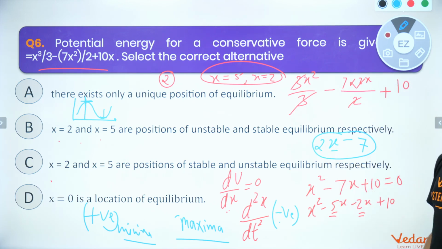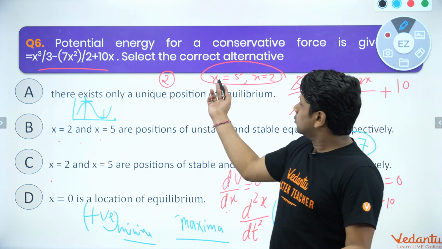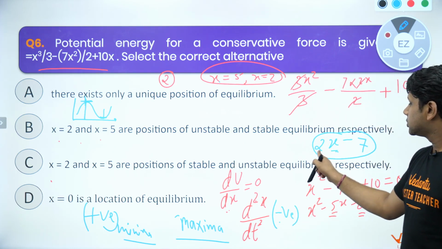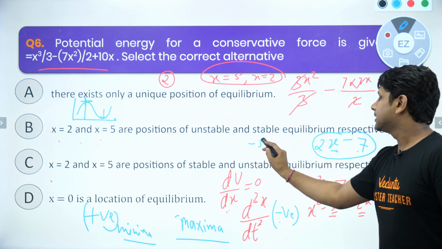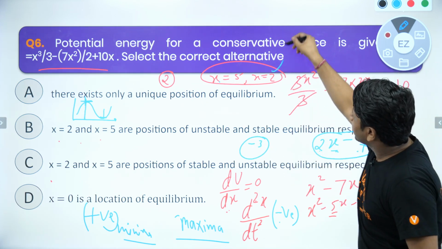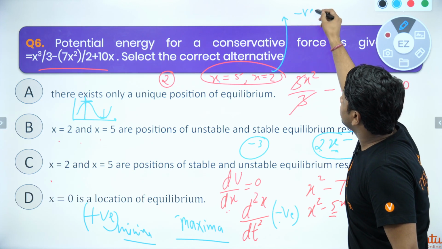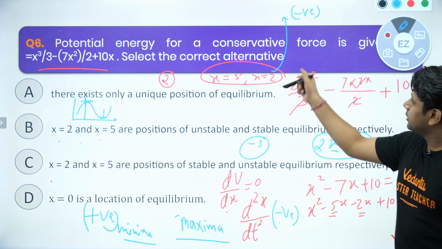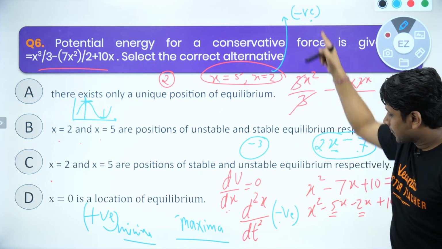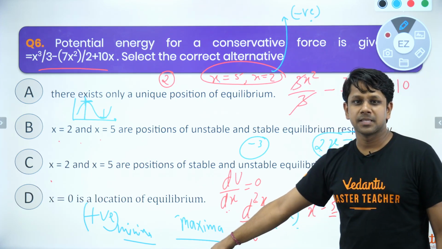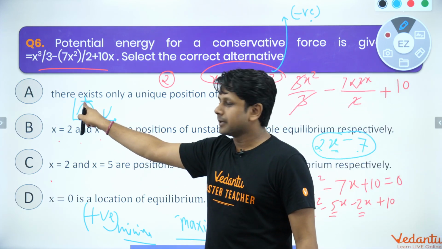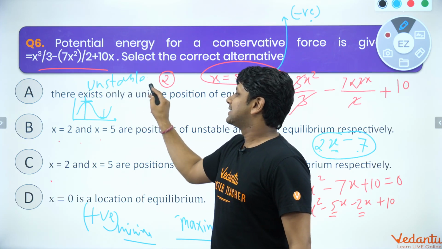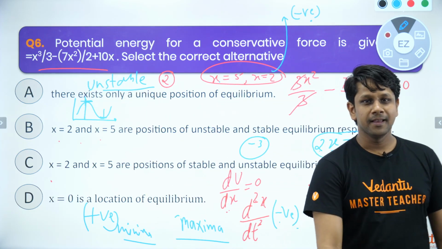यहां पे 2 रखो आप, बिकॉज 2 सॉल्यूशंस आर गिवन, 2 and 5। फर्स्ट यू पुट x इक्वल टू 2, व्हाट डू यू गेट? 2 2s are 4 minus 7 -3 आ गया, मतलब 2 के करस्पॉन्डिंग यू आर गेटिंग d2x by dt स्क्वायर एज नेगेटिव, यानी कि 2 पे अगर ये नेगेटिव है तो यहां पे क्या बनेगा बच्चों? मैक्सिमा बनेगा, और अगर मैक्सिमा बनेगा देन इट इज अनस्टेबल। सो 2 पे इट इज अनस्टेबल। ब्यूटिफुल क्वेश्चन।